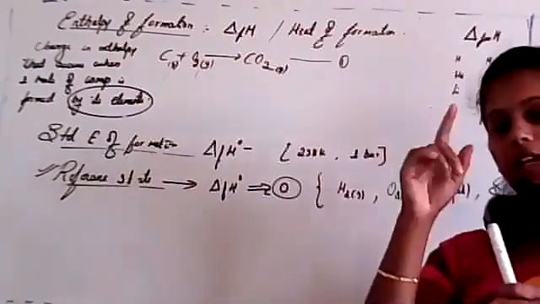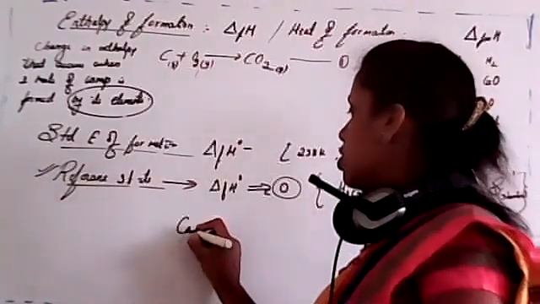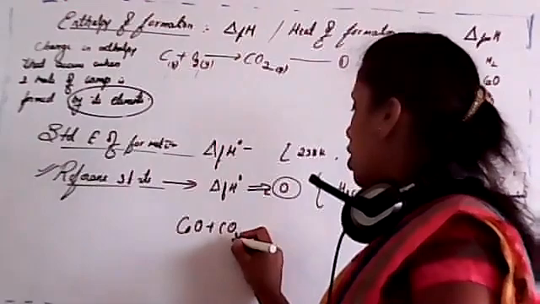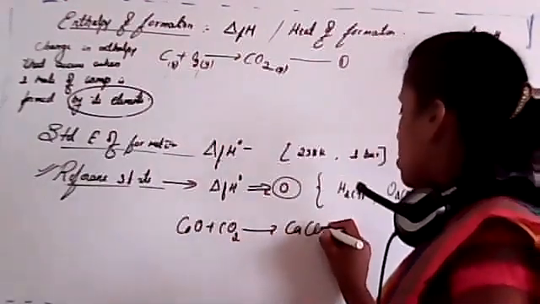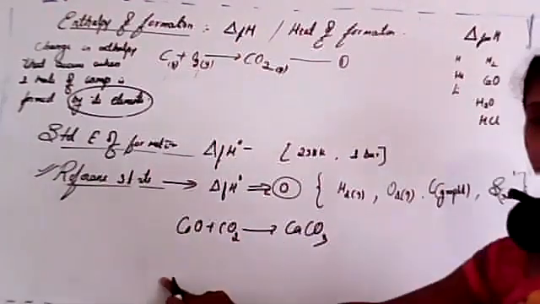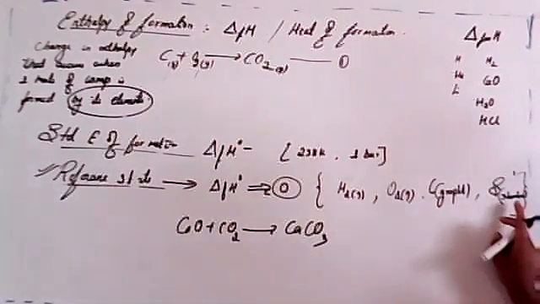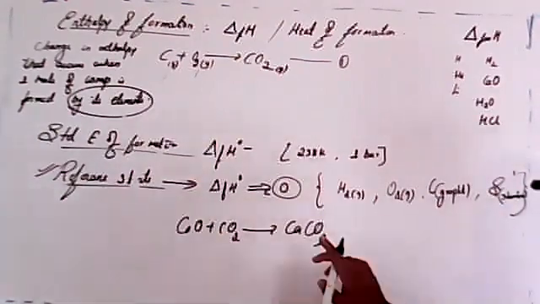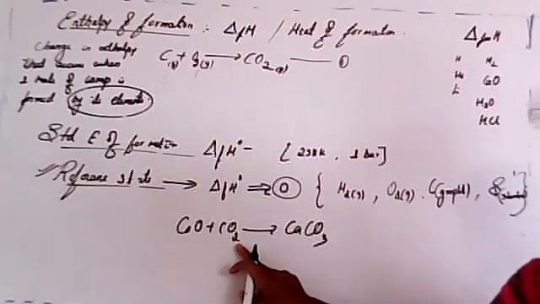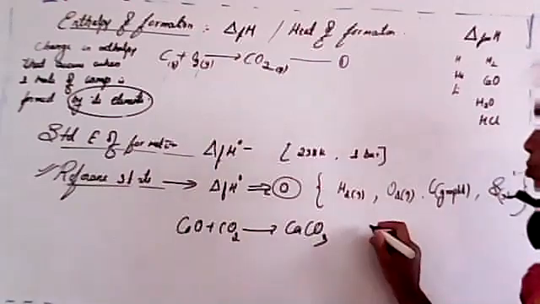Then I gave one example, isn't it? Calcium oxide reacts with carbon dioxide. In this case, we get calcium carbonate, CaCO3. Calcium oxide reacts with rhombic sulfur. Shravan, what is plastic sulfur? It is rhombic sulfur, not plastic sulfur. So calcium oxide reacts with carbon dioxide, it gives calcium carbonate.